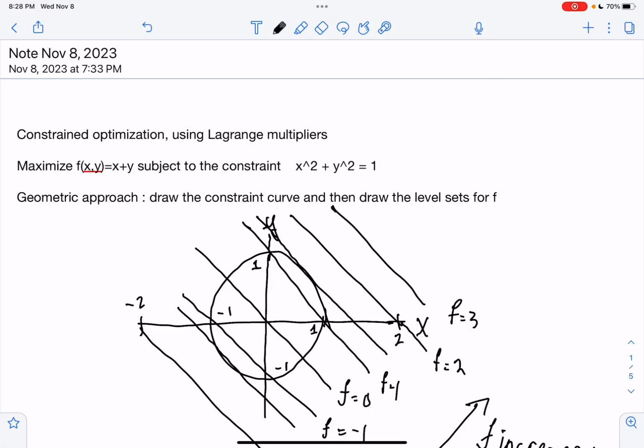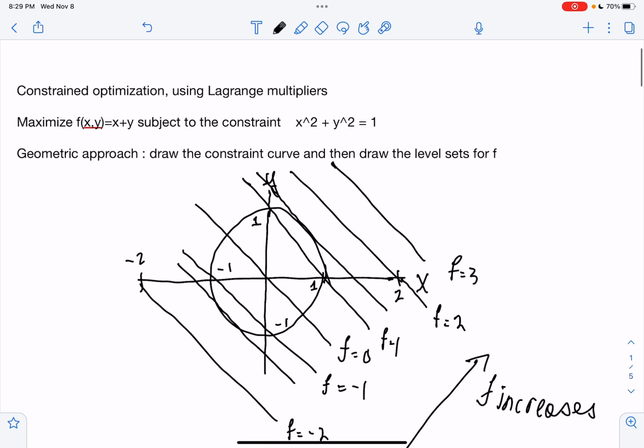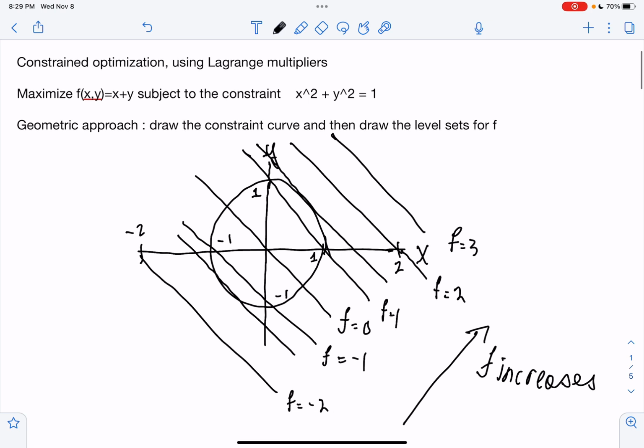Hi class. Today we're going to look at solving the constraint optimization problem using Lagrange multipliers. If you look back at the worksheet you got on Tuesday, the end of the worksheet had the example f of xy equal x plus y. And the first one was just looking for the maximum of that function over the